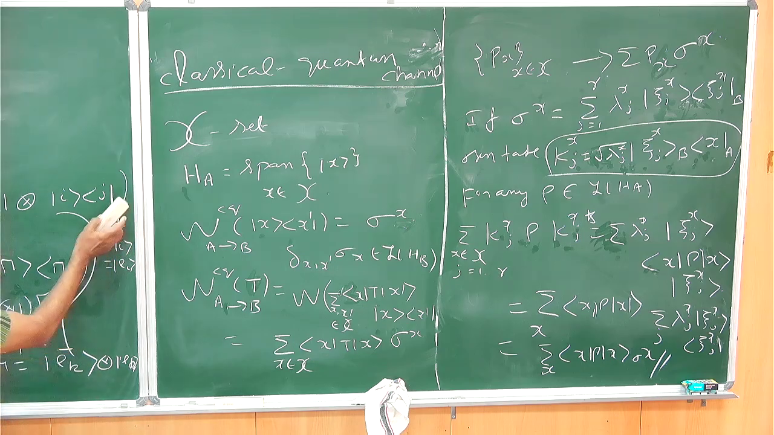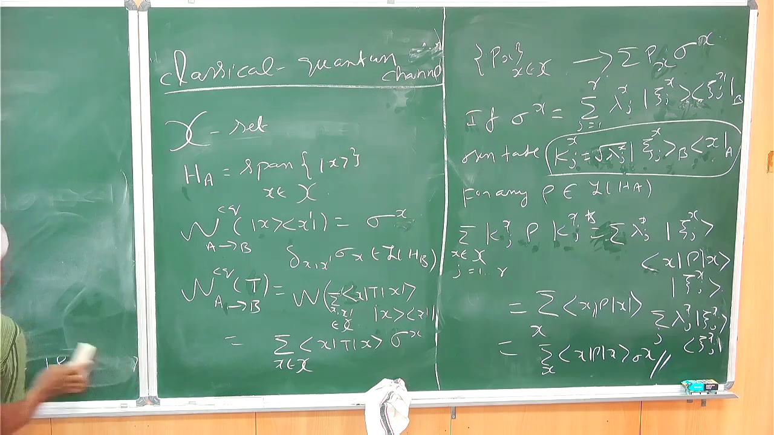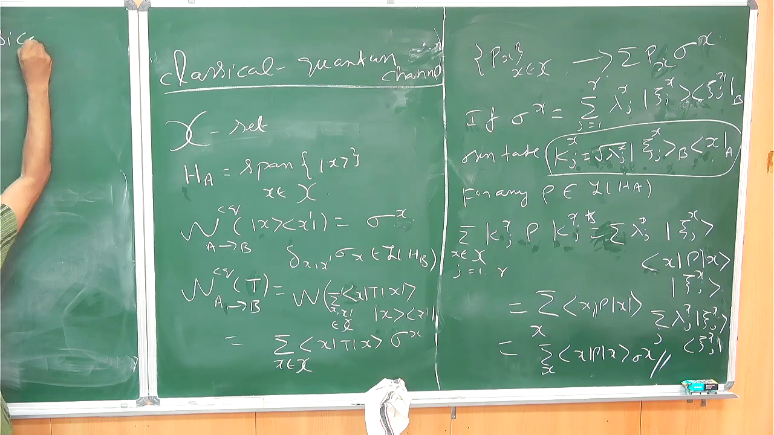Okay, so I erase this. So the next one is, I have said about classical quantum channel. Next one is quantum classical channel. So this takes a quantum state to a classical state, which you have already seen. It is basically a measurement. Any such thing you can call a measurement. But for us, we have defined